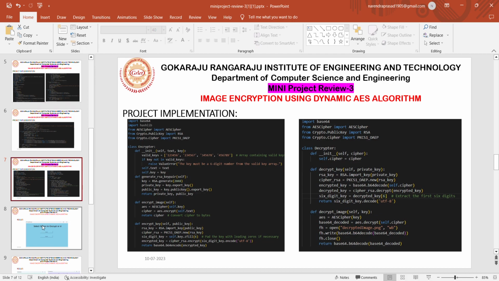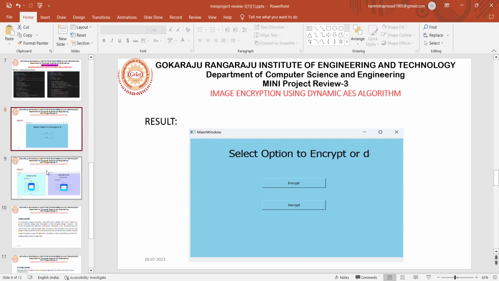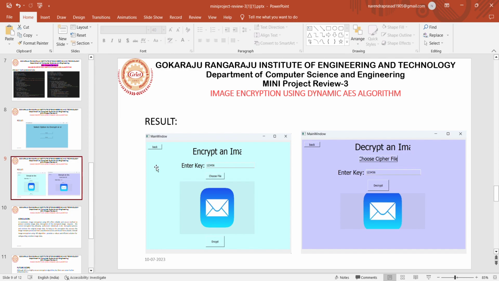And this is the output of our project. In this we have to select either encrypt or decrypt. First we select the encrypt button. After clicking the encrypt button, we get this widget, and in this we enter a key which is the date of birth of the receiver, and we choose the file, and we click on the encrypt button. Then it is converted into ciphertext,